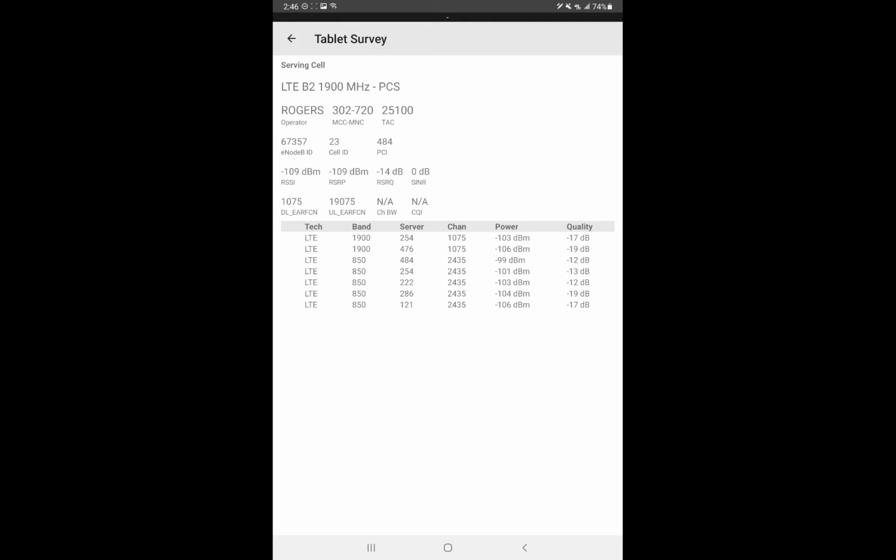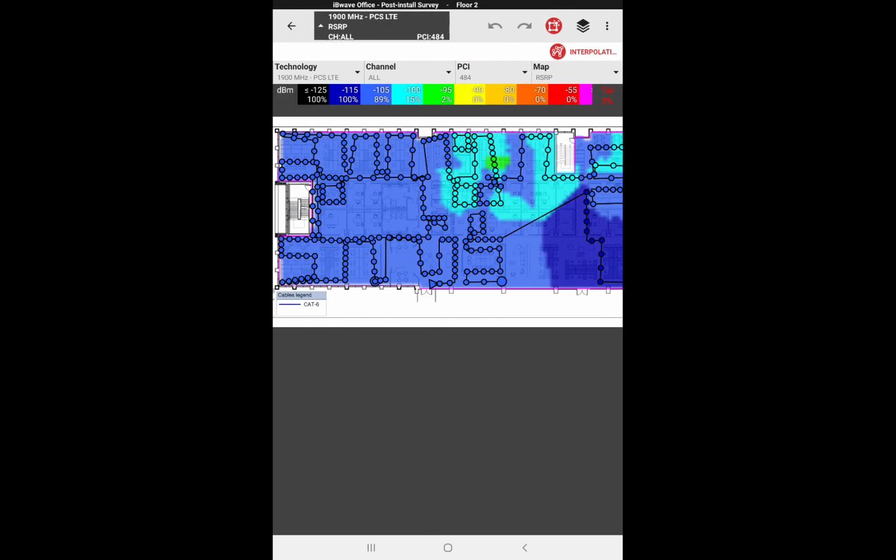So for each data point we capture the serving cell, and you get the neighbor cells, and you could see the first ones are the 1900. So you see the interferers, and you know that you have at least two interferers with RSRP of negative 103 and negative 106, and my serving cell was actually below that. This is why my SINR is bad, it's 0 dB. So that's basically what we have,